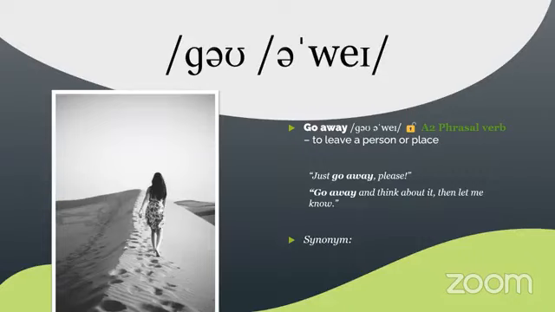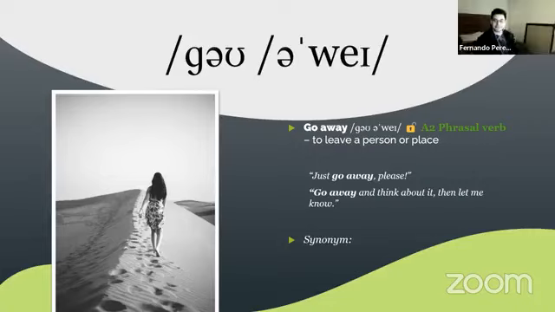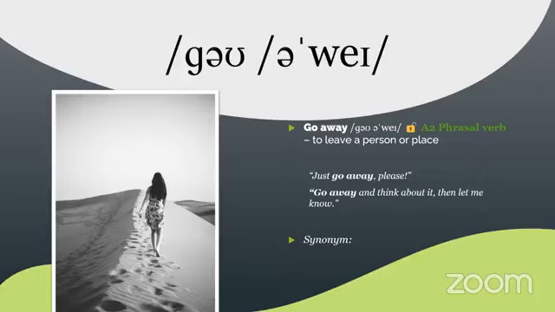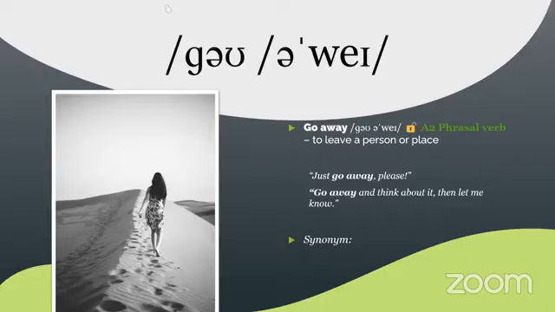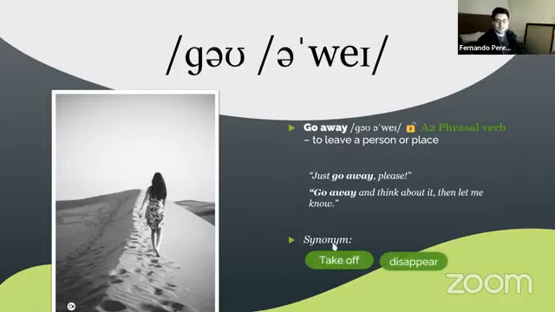Example. Just go away, please. Correct. Okay. Go away and think about it. Then let me know. Correct. So, according to the definition, what is the synonym? Abandon. Good. So, in the definition, we have one. To leave. Leave. That's more common. To leave, to escape,